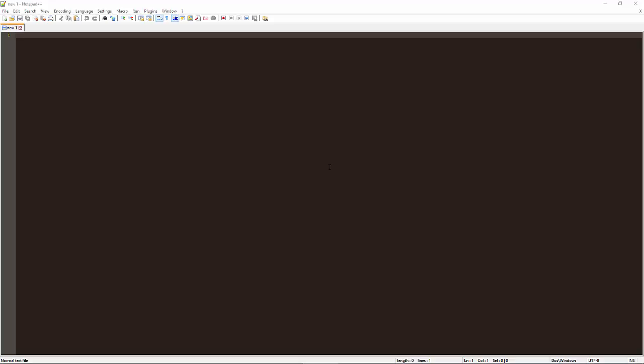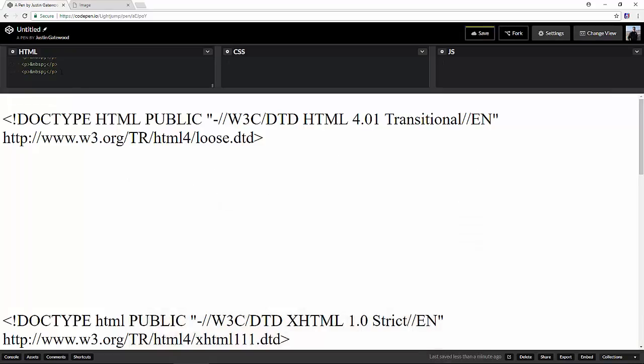So as I stated in Lesson 1, HTML documents are structured semantically so that the information conveyed has meaning. Now in this lesson, you'll be introduced to the structure of a basic HTML document, which will form the foundation of all the lessons that will follow. The first thing you need to remember is that all HTML documents begin with a document type declaration. So here I am at